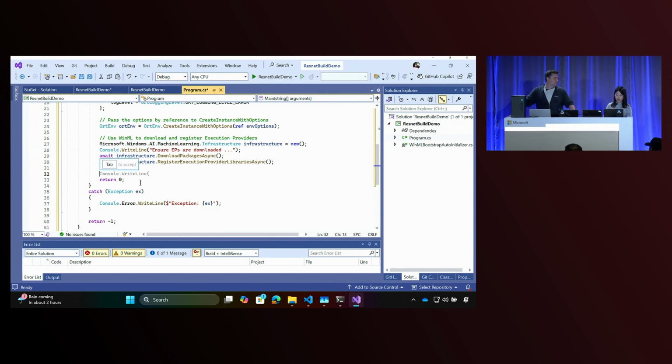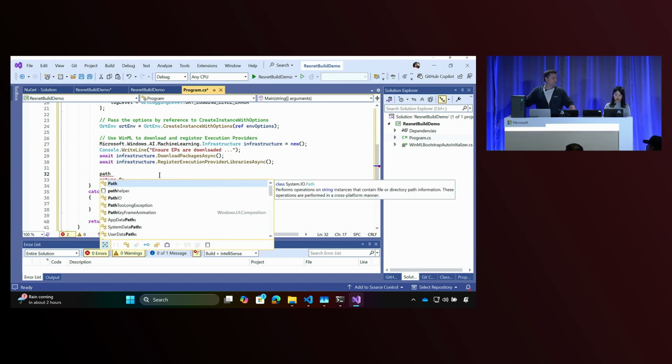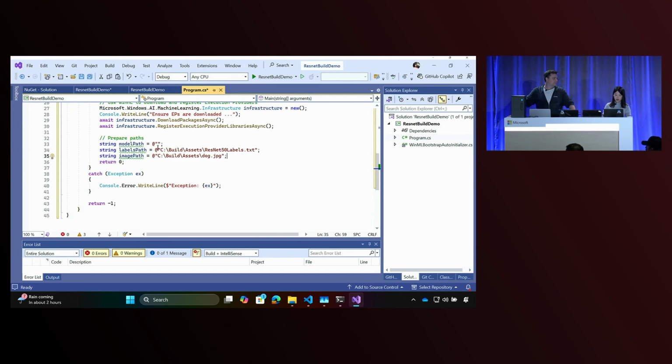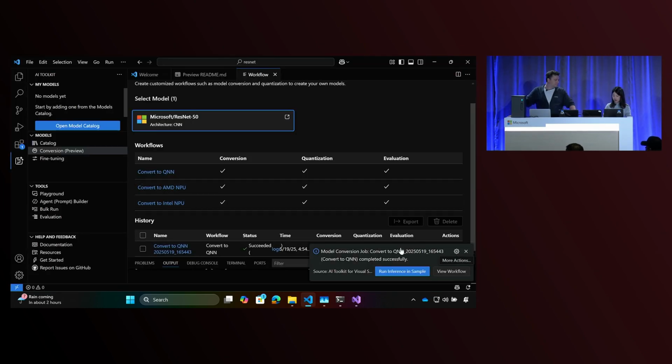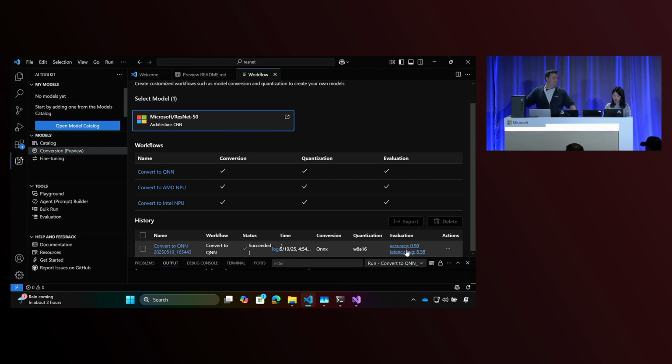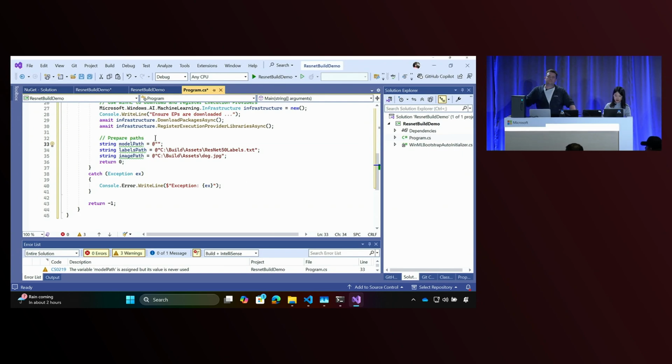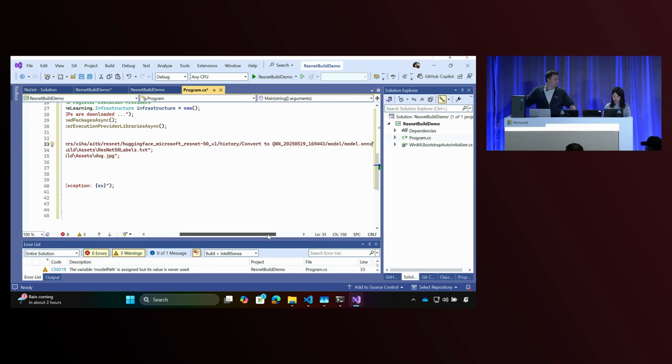All right, that's all we need for initialization. And starting from here is going to be standard AI code writing. So we need to prepare a couple of paths. One, we need the path to our model file, which I don't have here, because I'm hoping that AI Toolkit has finished converting, which, yeah, it did. So you can see it has the nice evaluation results. You can also run the inference sample in Python. But here I'm just going to copy the model path from here and then paste it here. Hope I didn't make any mistake.